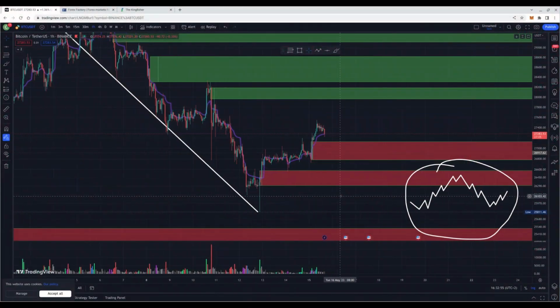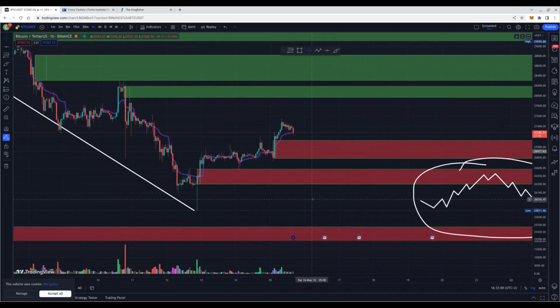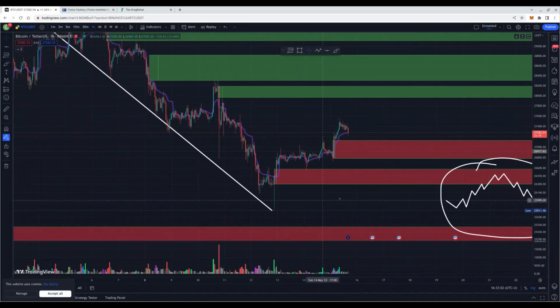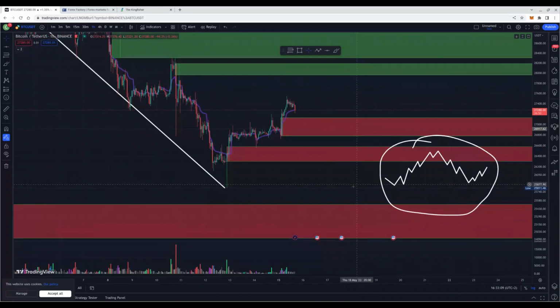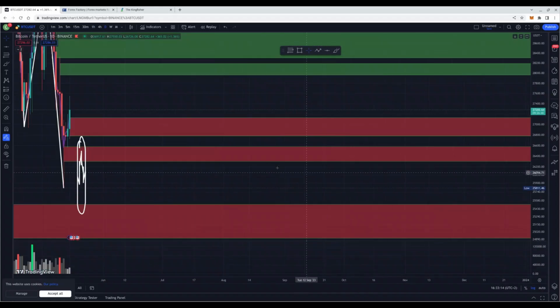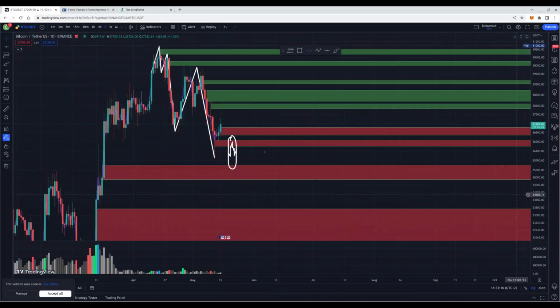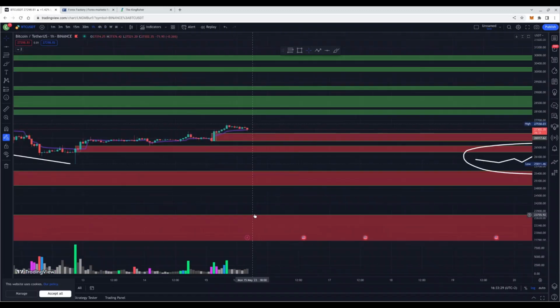So as I said to you, Bitcoin has done some nice price action movement, and I told you when we were at 30k approximately that we're in for a reversal, another retrace to the downside to grab some more liquidity in order to make our next moves. If we zoom out a bit and I go to the daily chart, and then I'm gonna zoom in for you and see where we are in terms of price action. We moved away from the 30k area, we've been touching the 25k area briefly